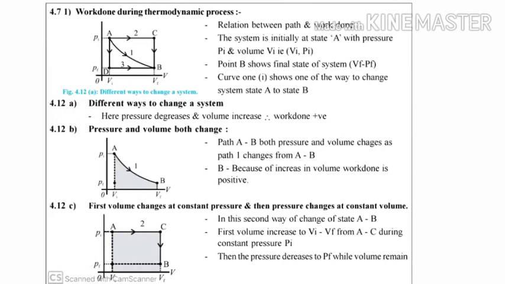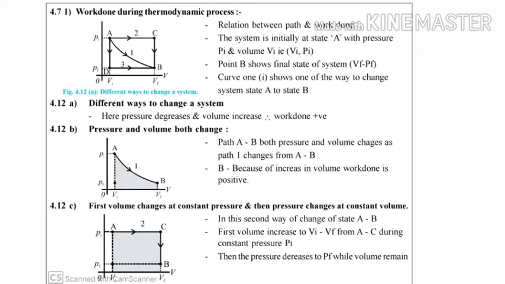Now students, we will see the next part of this chapter, that is work done during the thermodynamic process. This is a typical thermodynamic process PV diagram you can see on your screen. As we know, the pressure is indicated on the y-axis while the volume is indicated on the x-axis, and the pressures are given as P1, P2, and the volumes as V1 to V2, indicating the pressure and volume of the initial and final states. Now you can see the points and the path along which the process has been taken to change its state from initial to final.